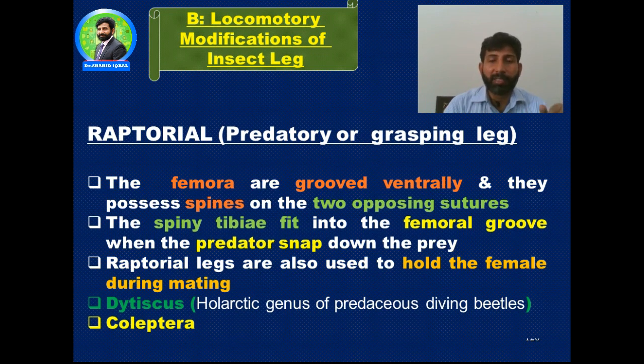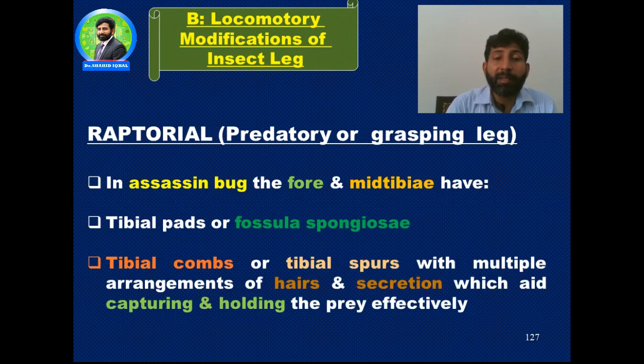I can represent this in a diagram. Raptorial legs are also used to hold the female during the mating process. Examples include Dytiscus, a genus of predaceous diving beetles in Coleoptera. In assassin bugs, the fore and mid tibiae have tibial pads, or fossula spongiosa, and tibial combs or spurs with multiple arrangements of hairs and secretions, which capture and hold the